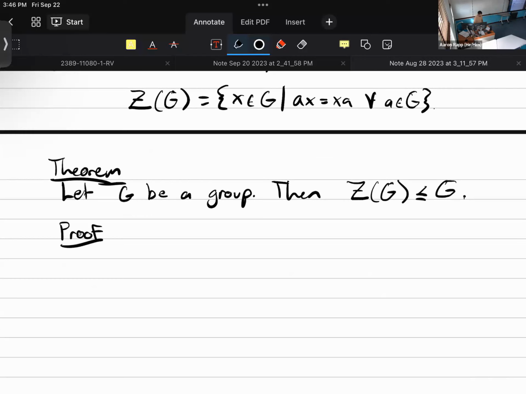Might get it done today. Let G be a group, and I am guaranteed there's always going to be one element in that group that will commute with any other elements, even if it's not an abelian group. What is that element? Yeah, the identity element. My identity element is in G.